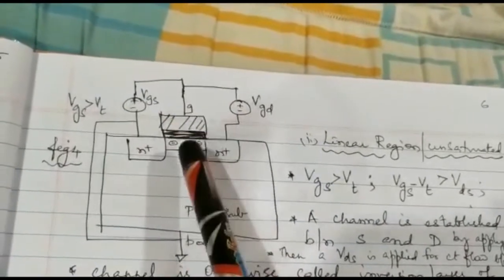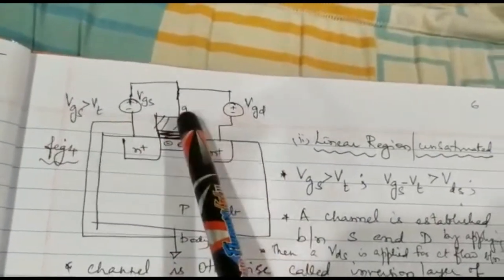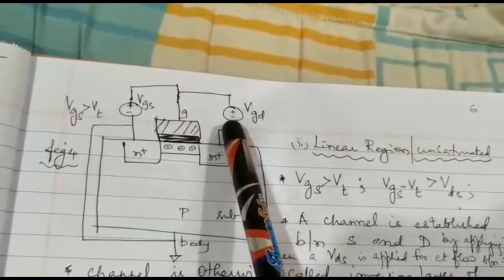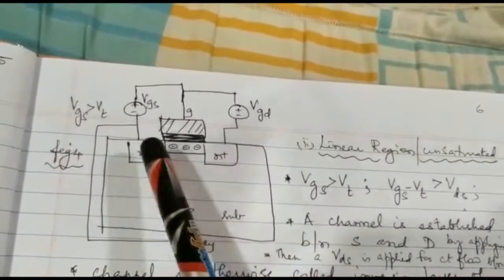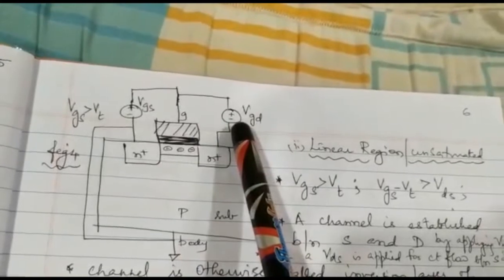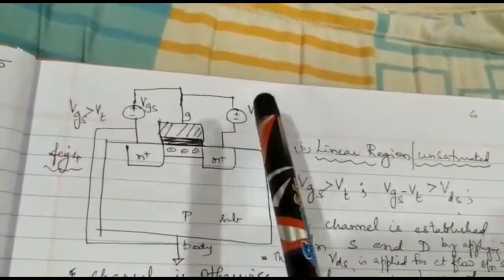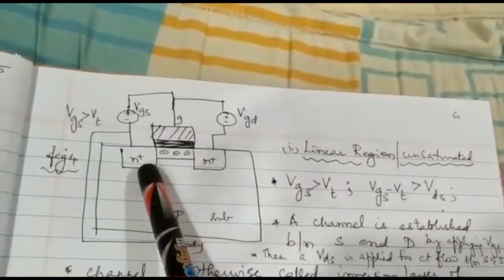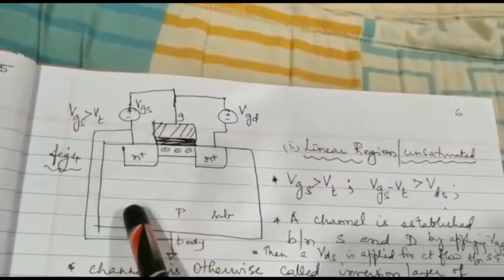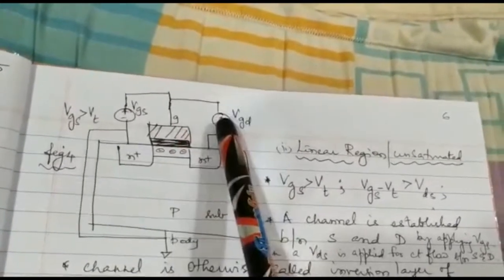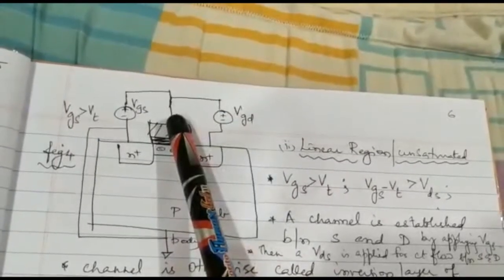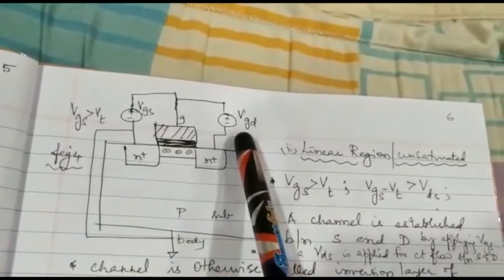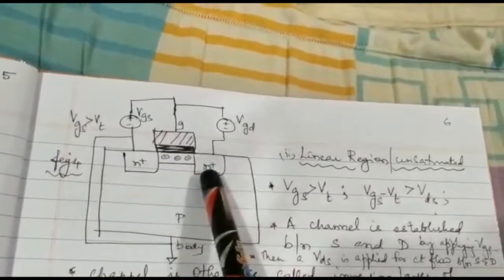First, to set a channel between the source and the drain, the gate is given a voltage that we call VGS. Now, to make a free movement of electrons between the source and the drain, we give a voltage VDS to the drain. That is, the drain is given a voltage with respect to the source. So there are two voltages given for movement of current in the MOSFET device. One is the VGS, other one is the VDS. VGS is given just to establish a channel between source and the drain. VDS is given for movement of current between source and the drain.